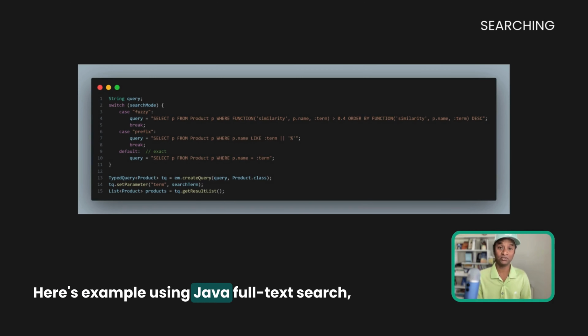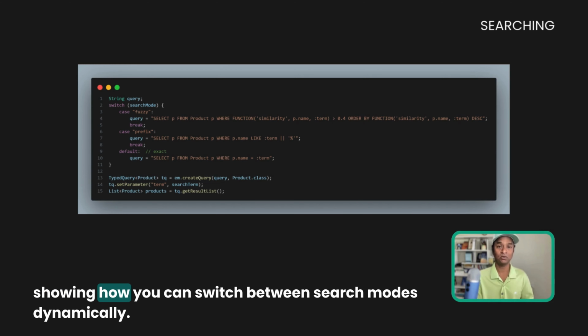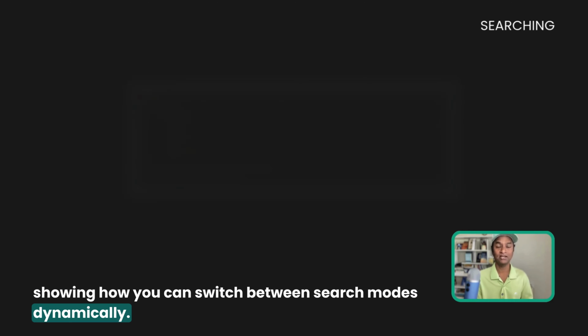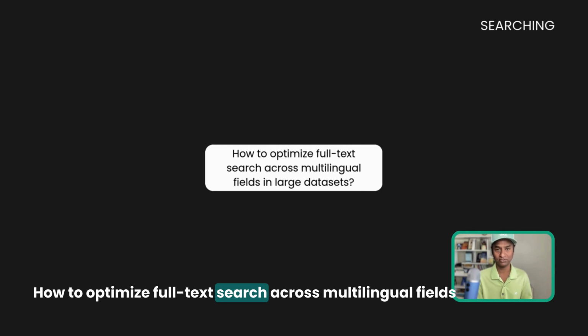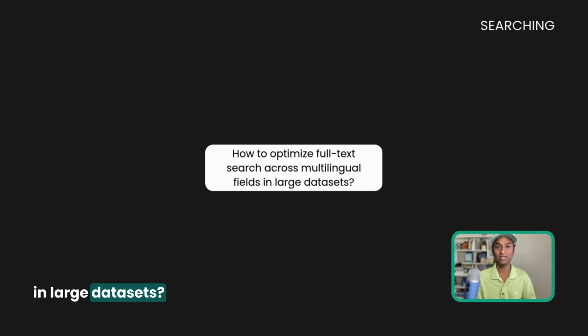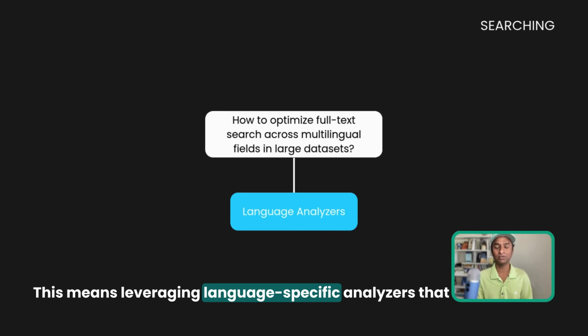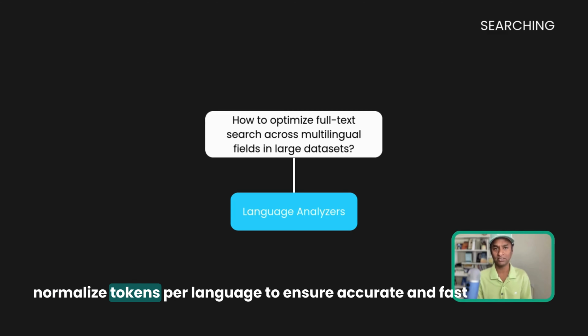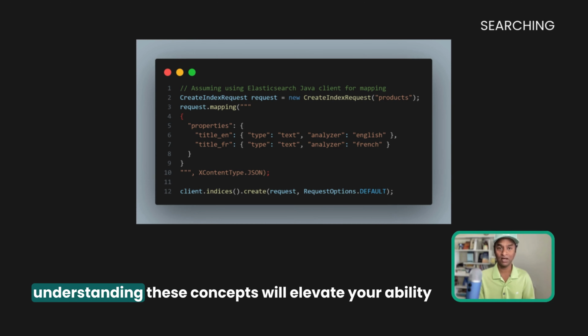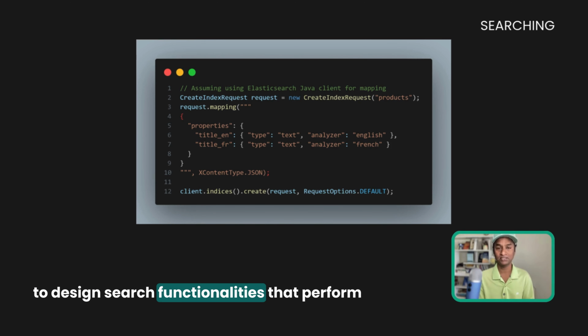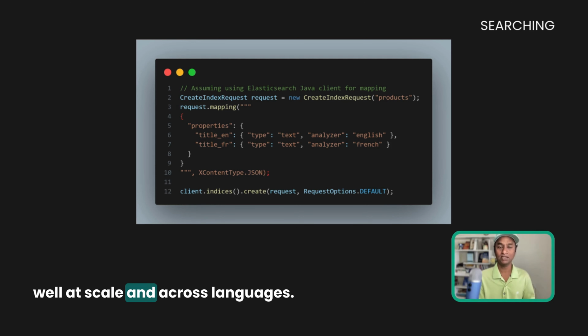Here's an example using Java full text search, showing how you can switch between search modes dynamically. How to optimize full text search across multilingual fields in large datasets? This means leveraging language-specific analyzers that normalize tokens per language to ensure accurate and fast search. Understanding these concepts will elevate your ability to design search functionalities that perform well at scale and across